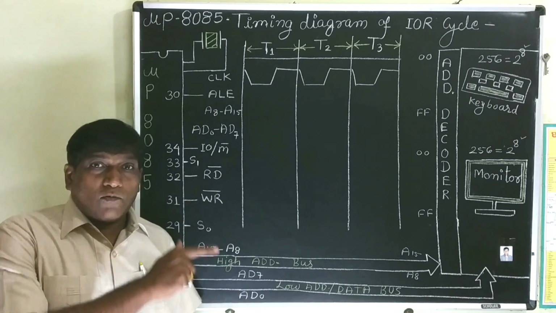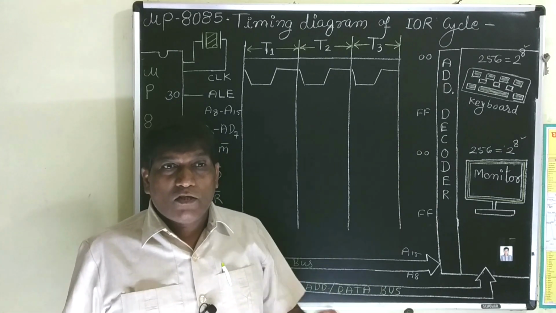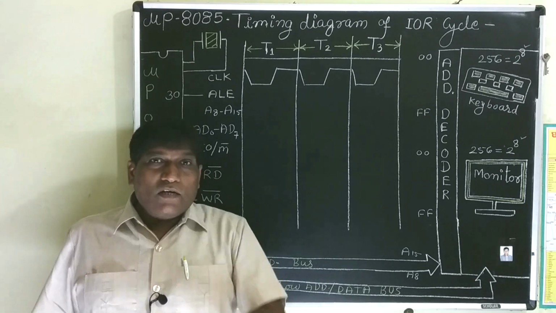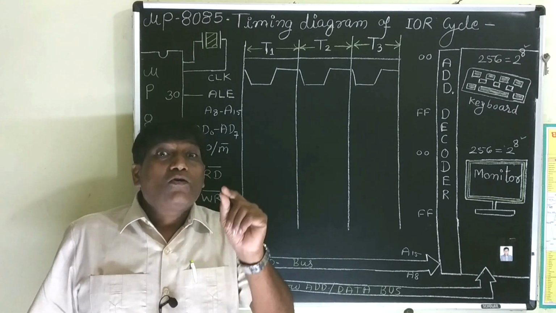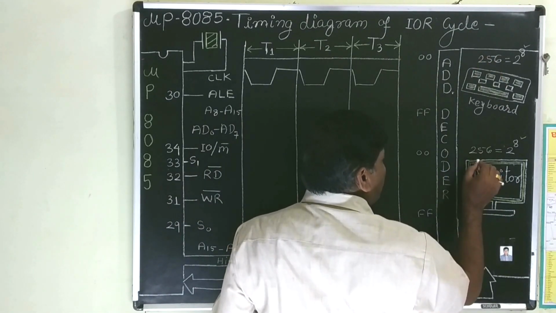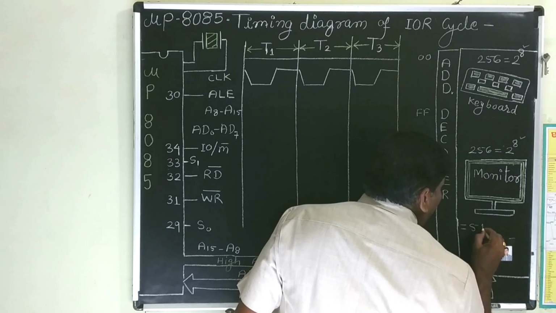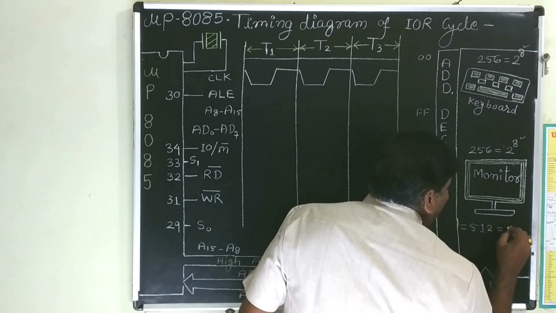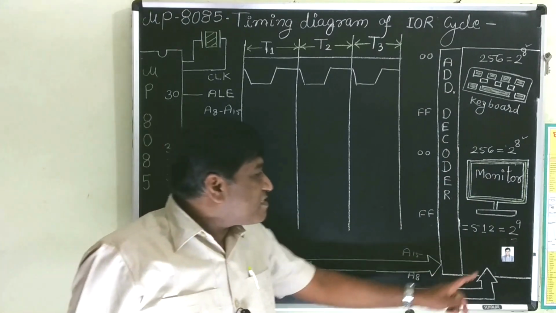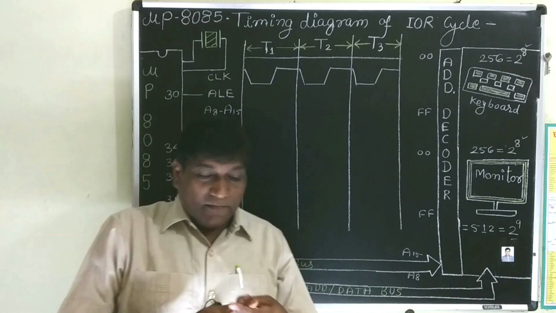These signals actually differentiate the devices, which means addressing 512 devices. 256 plus 256 is 512, which is equal to 2 to the power 9, which means for addressing all 512 devices we need